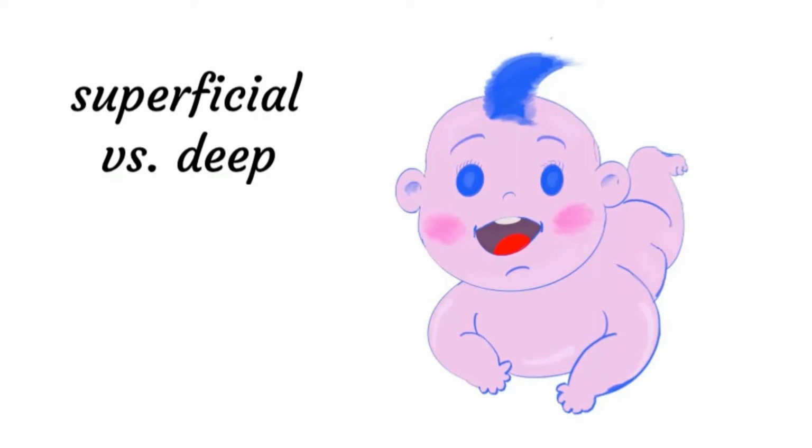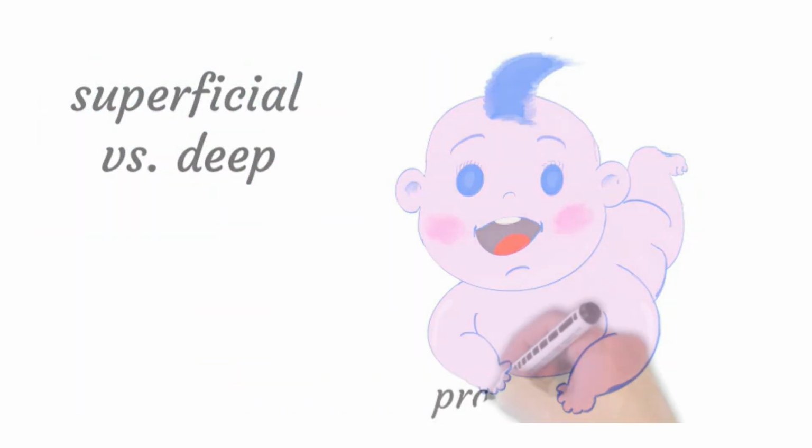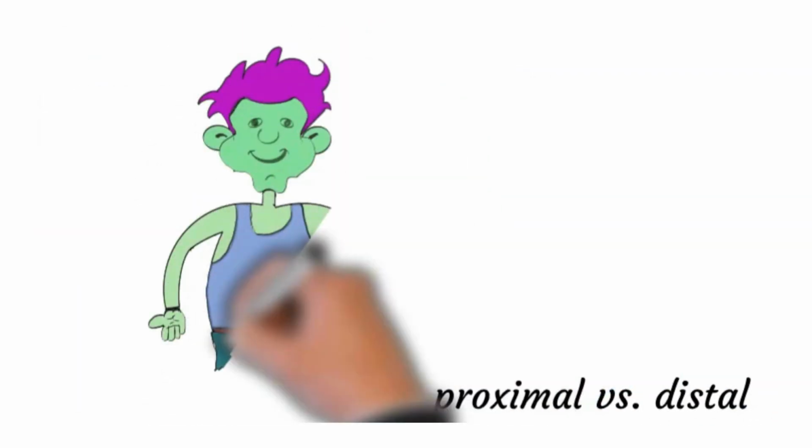The fat is deep to the skin, suggesting that the fat is closer to the interior of the body than the skin is. But the fat is superficial to the muscles because the fat is closer to the surface of the body than the muscles are. Superficial and deep. Superficial towards the surface, deep away from the surface, or towards the interior of the body. Okay,